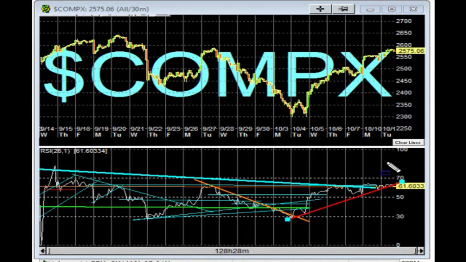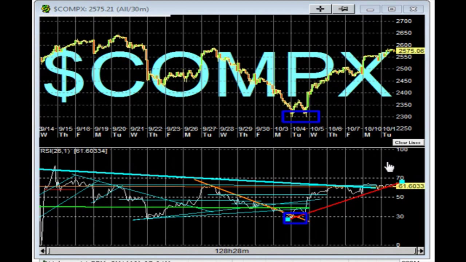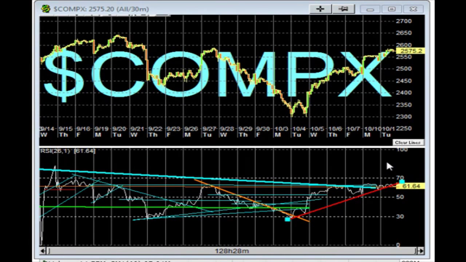The most important line is the red line on the RSI here, because that corresponds with these lows in the market there on the Nasdaq, which corresponds with that low on the RSI. So you draw a line that connects this low on the RSI and that low on the RSI. You get a straight line that was bumped off here, and you see that the Nasdaq has been bouncing off